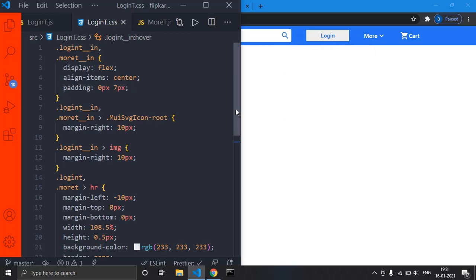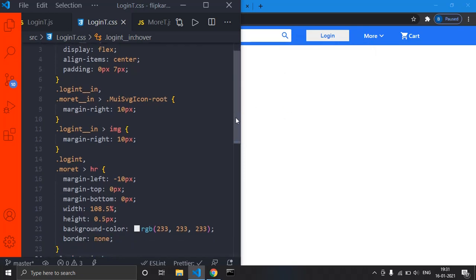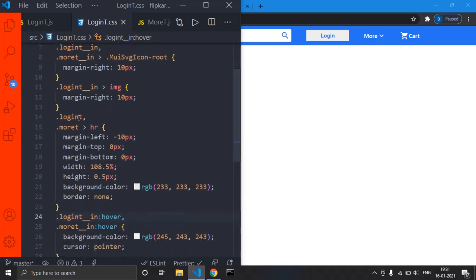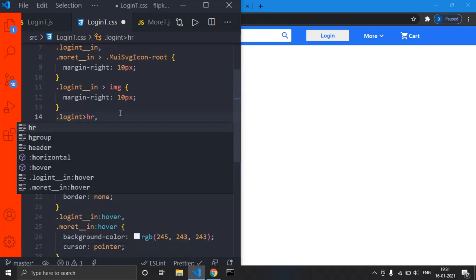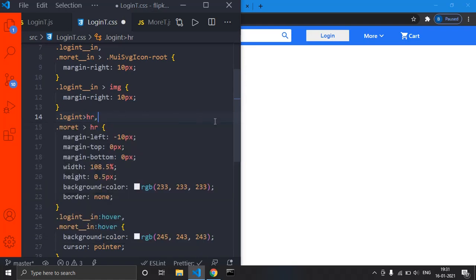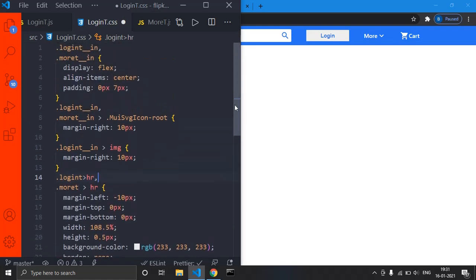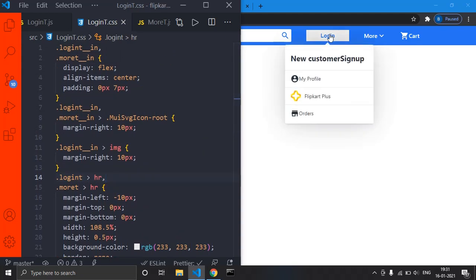Actually, what is happening? Here as well we have to target the HR inside that. Are there any more mistakes? No, just press Ctrl S, save. Now it is perfect.